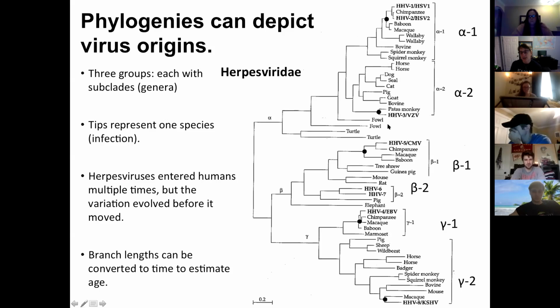So the pattern here is that every time you see a herpes virus, it's sister to something that's within the primates. Okay, but we can convert these to estimate age. This is one where I couldn't find a good one for all of herpes. I could get it for like alpha 1 or alpha 2, but not for everything. So I switched viruses and wanted to look at,